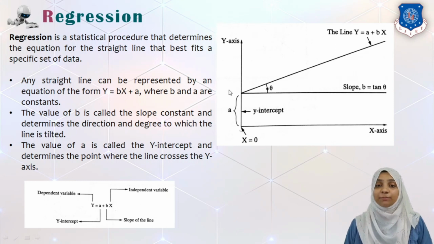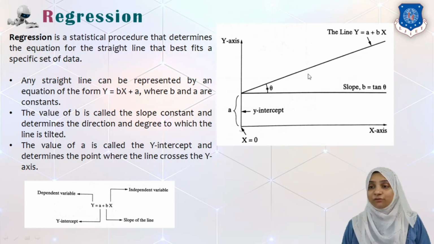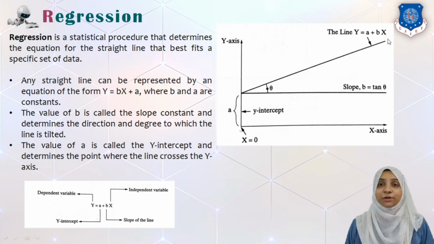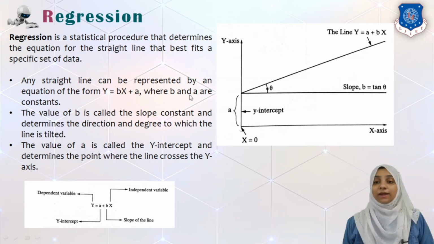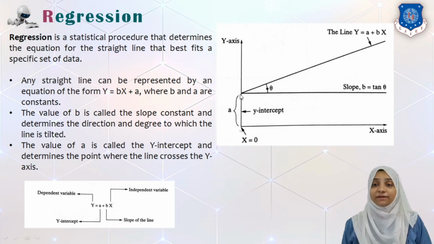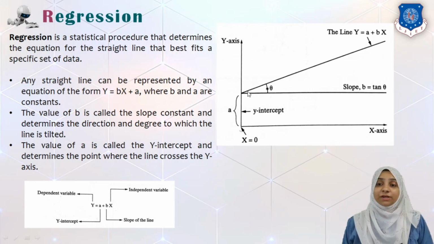And that can be done by drawing one line, and that line can be represented with the formula y is equal to bx plus a, where b is nothing but the slope of the line and a is nothing but the intercept. So while looking at a graph, if we draw some particular line, let that line be y is equal to a plus bx, or bx plus a, whatever. In that, b is nothing but the angle that is formed by drawing a line parallel to the x-axis at the intercept of y. The y-intercept is nothing but the point where the line intercepts the y-axis when x is equal to 0. That means over this vertical axis, wherever this line is hitting, that particular distance is called a.